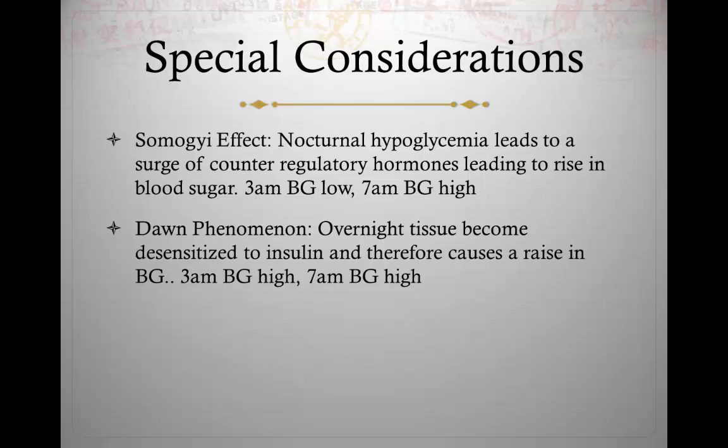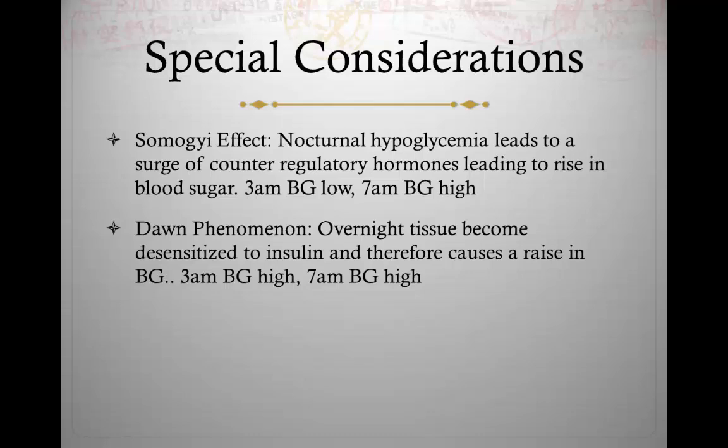They have a hypoglycemia more or less around 3 o'clock in the morning, and because of that, there is the release of catecholamines that eventually would increase the glucose levels. So there's a nocturnal hypoglycemia that leads to a surge of counterregulatory hormones, which are catecholamines, raising blood sugar levels